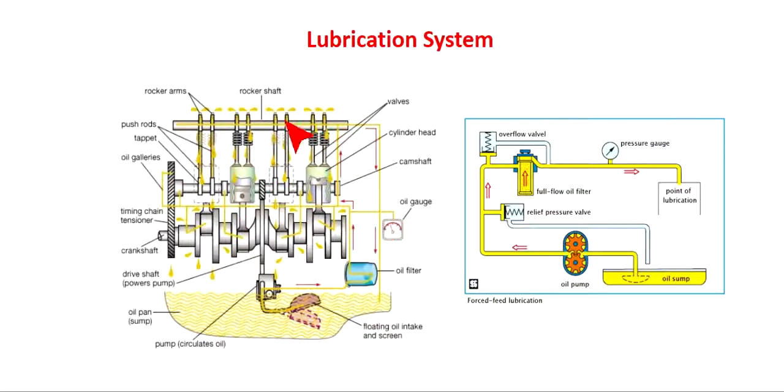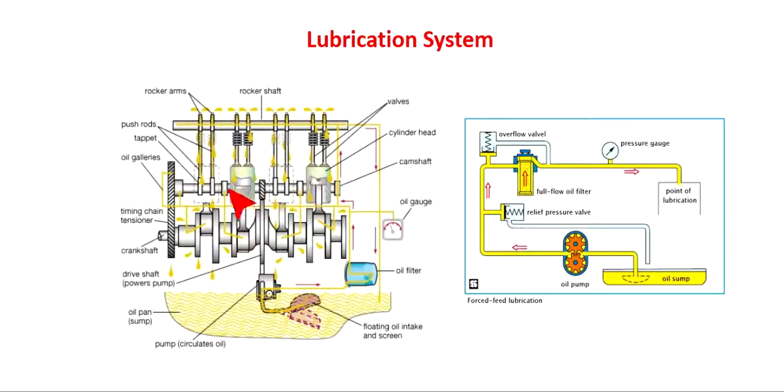Various lubricating points like these. You see here, you can very clearly see that this is the crankshaft of the engine. The crankshaft bearings are here. The big end of the connecting rod, again bearings, like this. To the various points, the lubricant oil is made to flow. On the other side, you see the crankshaft, and the small end of the connecting rod over here. This is the piston.